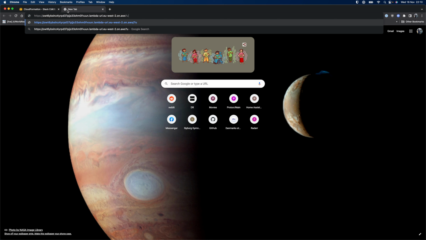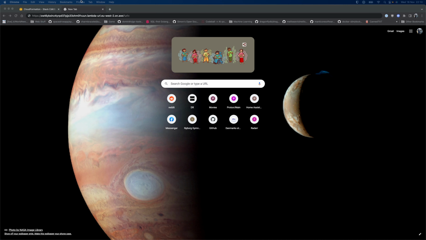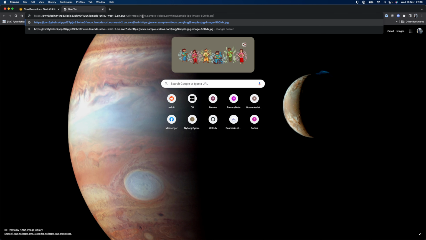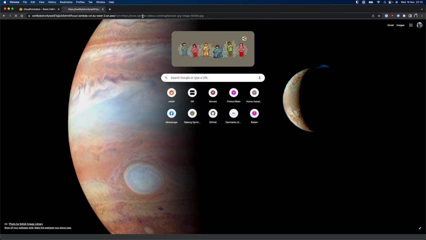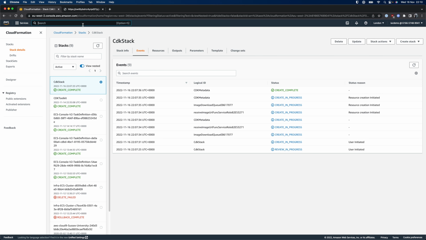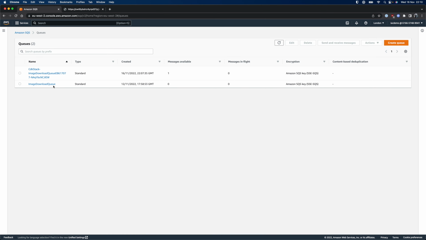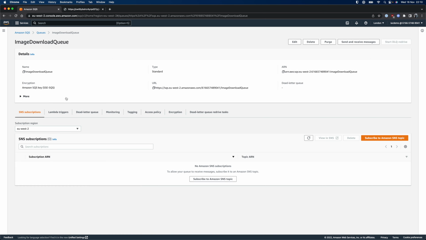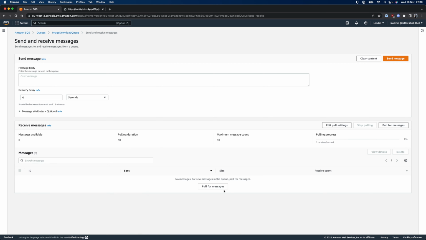I'm just gonna give it a little URL for a sample image. Give me a sec here. Pop that in. And the correct response is no response. So yes, that worked. Let's quickly pull up the queue just to check. Here it is, image download queue. Send and receive, and